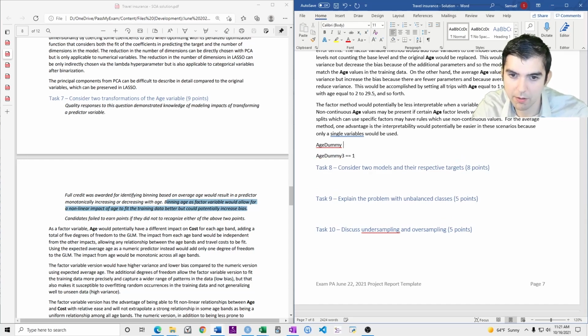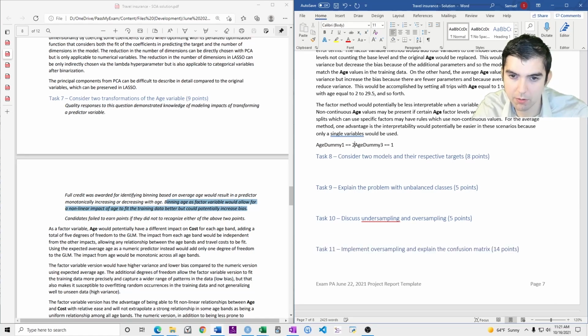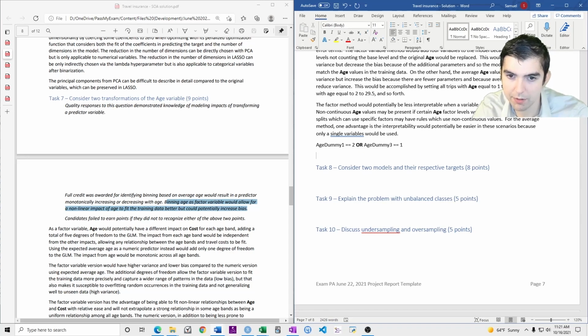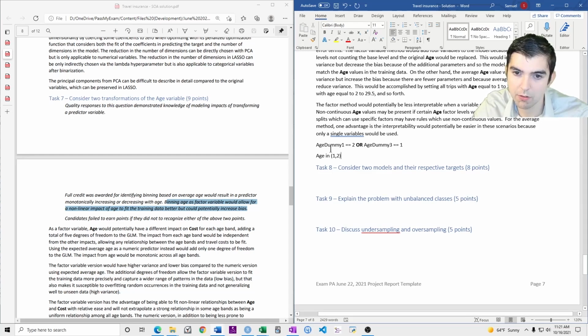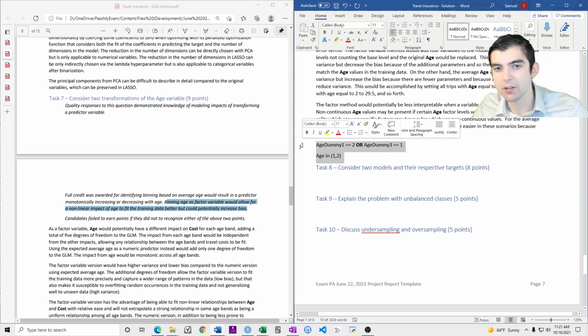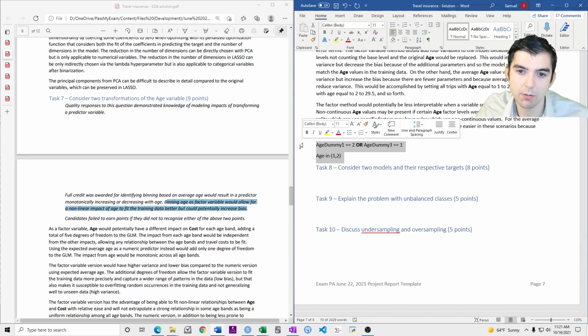Let's say you had a rule that was like this in a decision tree. You could also just have that same rule that would be like age in 1 or 2, right? So if you used a decision tree, you could have interaction between the variables regardless of which method that you used.